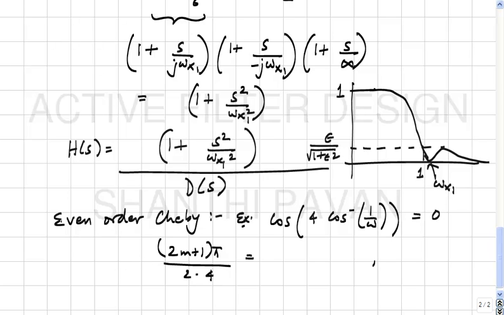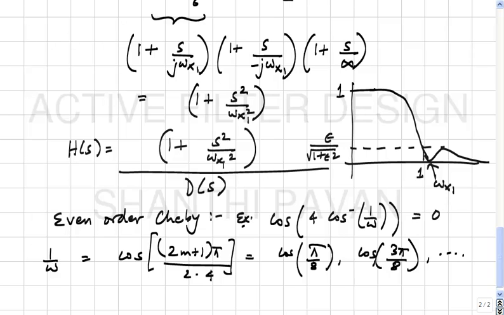1 by omega must be cos of this character, which is cos of 3 pi by 8, etc. Okay, cos 5 pi by 8 is the same as cos 3 pi by 8, with a negative sign. Okay, and therefore you see that cos pi by 2 is not a part of the